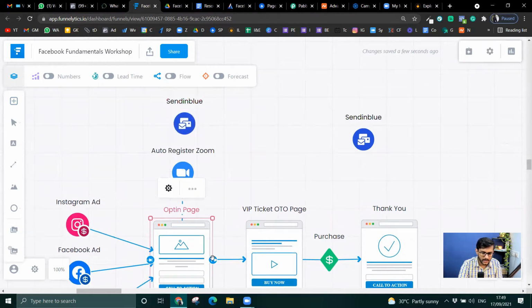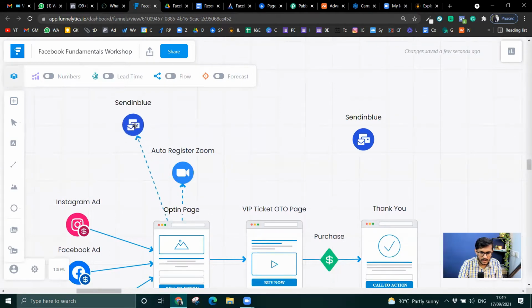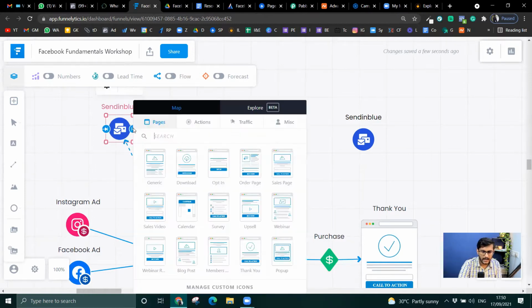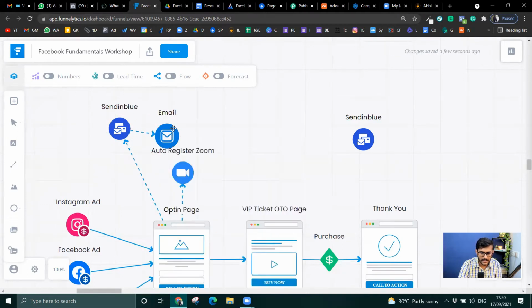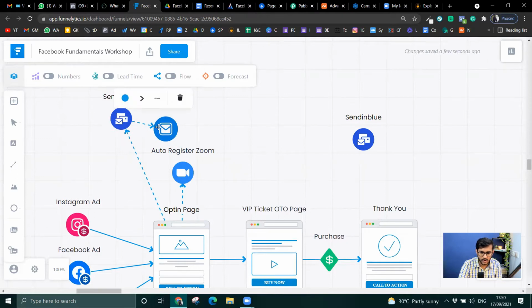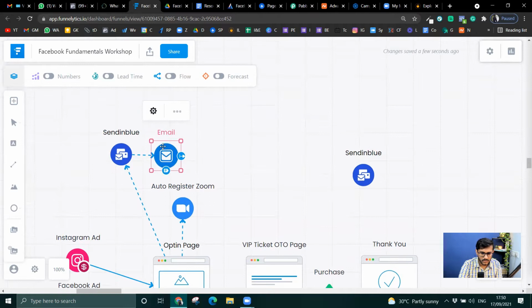Why? Because I'll tell you guys later. Now I have got Sendinblue fixed up, right? This is where they go to Sendinblue, and they have to start getting the mails, right? One is a confirmation mail that, hey, your seat has been booked and so on. So I want them to get a confirmation mail.